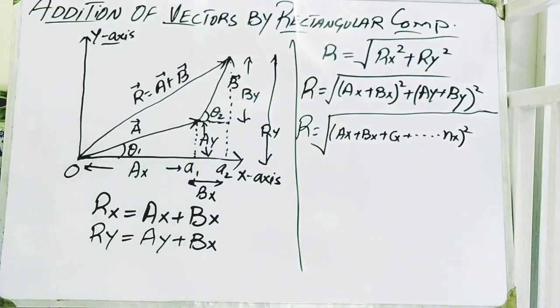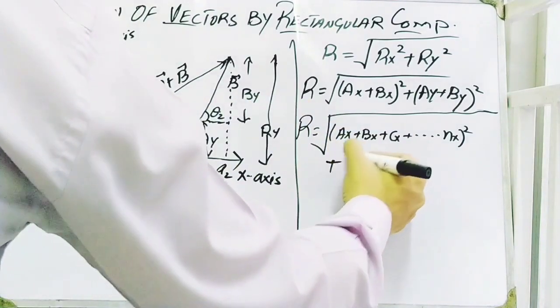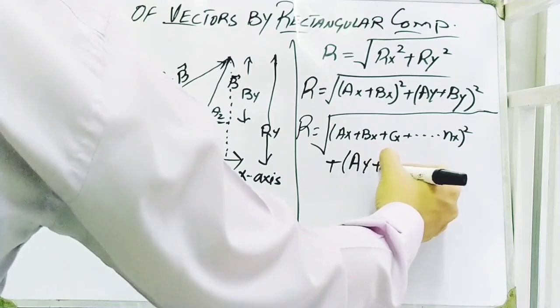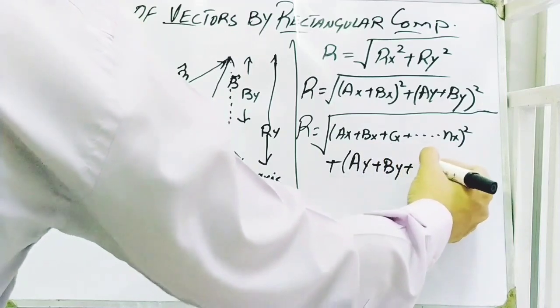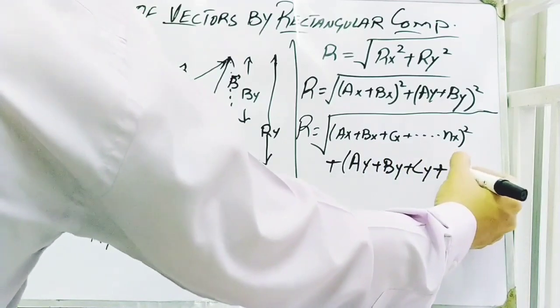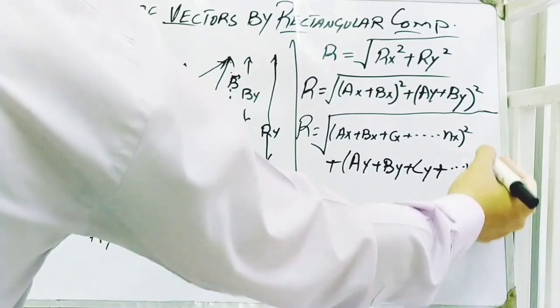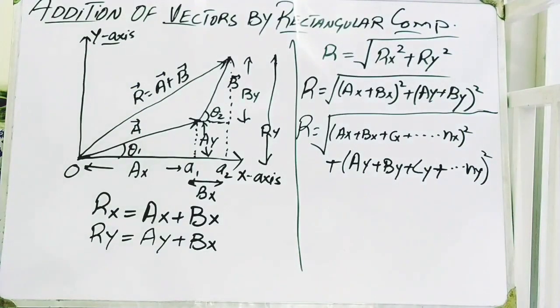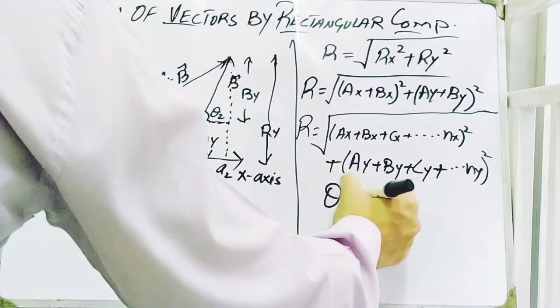Nx means the last value of the vector which is added in this situation, which is called addition of vectors, plus the y components of all the vectors, Ay plus By plus Cy plus Ny, of this whole situation. So this is called the formula for the magnitude of this situation, and the last one is theta,